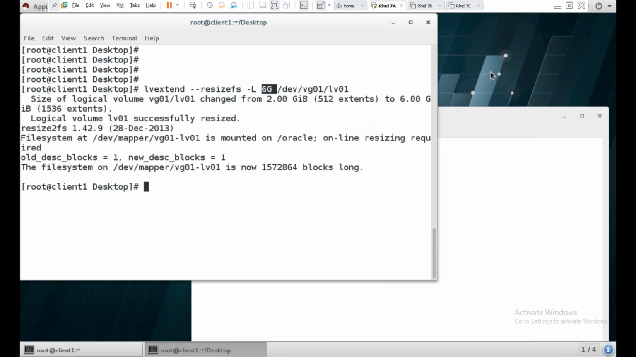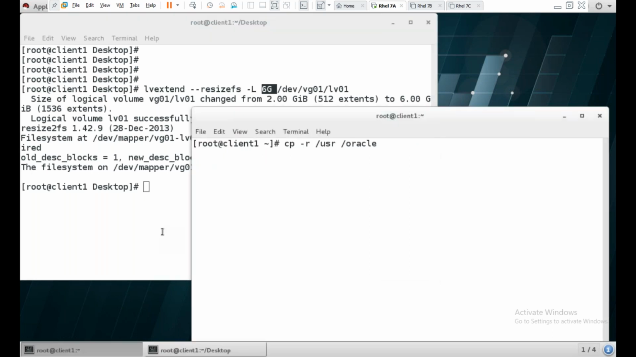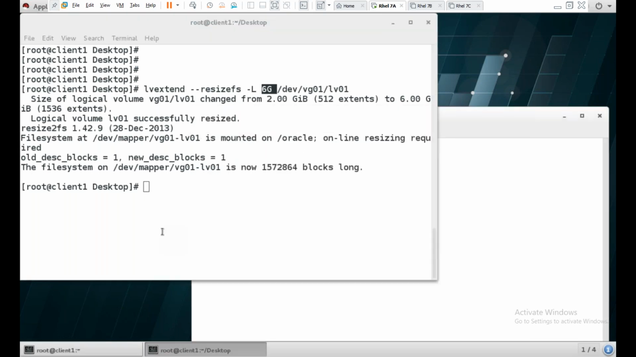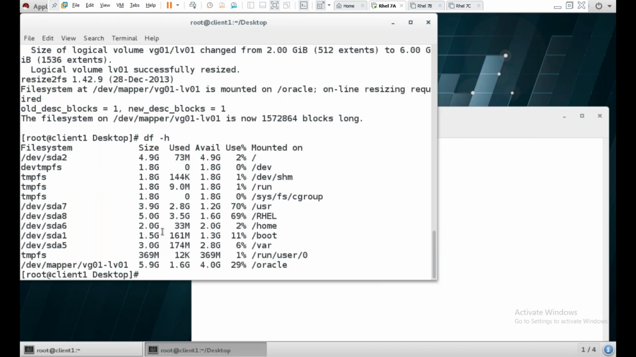In the back end, look, the users are accessing here. There are some operations happening here. Without interrupting that, my file system has been grown to 6 GB. Already it was 2 GB. We have grown to 6 GB where 4 GB has been increased. The same way, that's called grow to. LV extend, resize the file system,